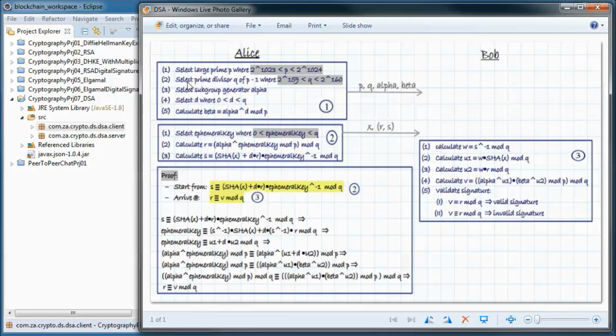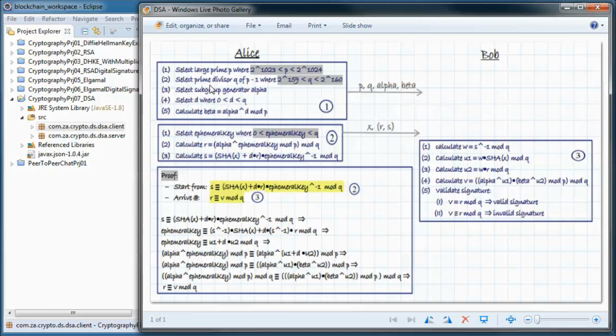And then she selects a prime divisor q of p minus 1, where q is between 2 to the 159 and 2 to the 160. But for the purpose of this tutorial, I used much smaller numbers for p and q.